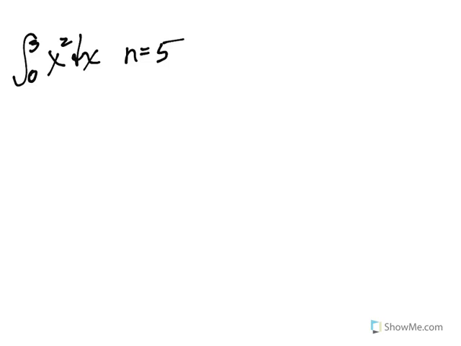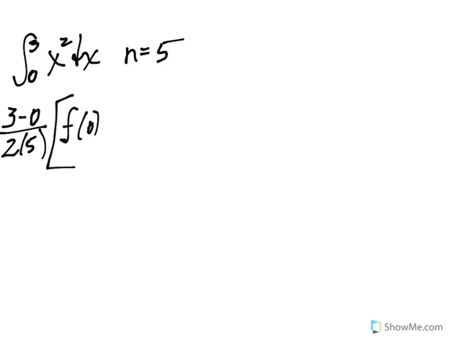All right, so here we go. First of all, it's right-hand endpoint minus left-hand endpoint all over 2 times 5. That's the number of subdivisions. And then in here, I'm going to start off at the far left-hand side and figure out that y value. That's f of 0. Now, remember back when we did summation, if I have a distance along the x-axis of 3 units, and it's 3 units because of these numbers right here, that's the distance from 0 to 3, and I break that up into 5 subdivisions, that means the width of every subdivision is going to be 3/5. So I'm going to work my way along the x-axis in intervals of 3/5, which means my next